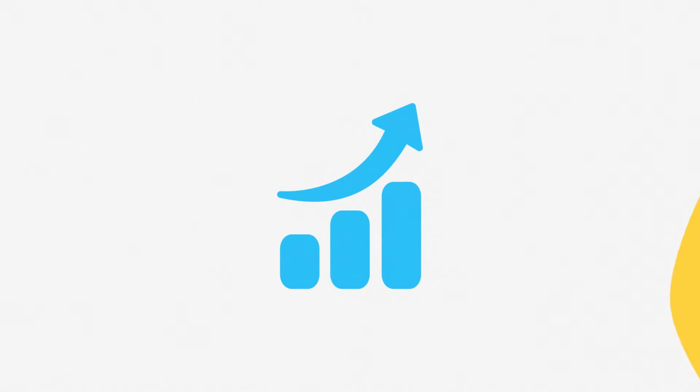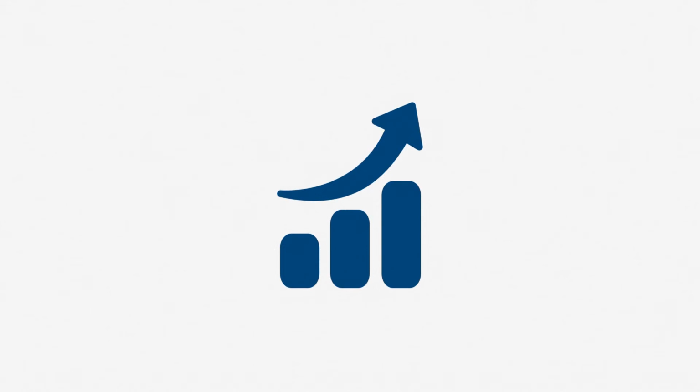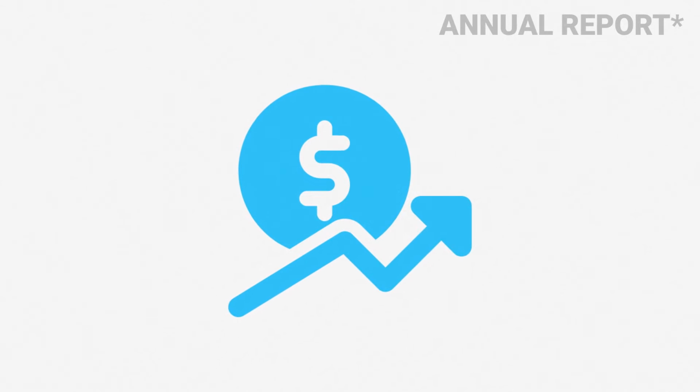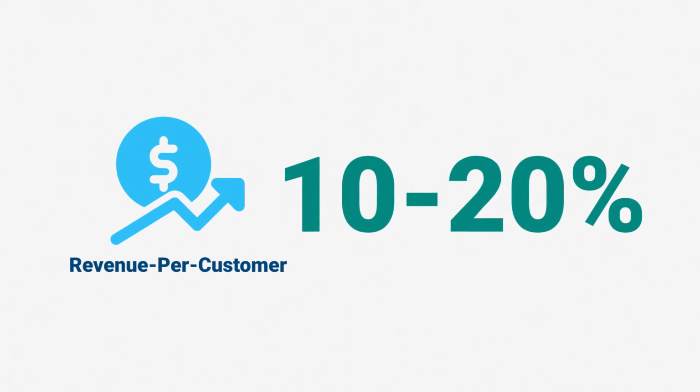And of course, we can combine these two simple rules to see these dramatic results. If we have an increase of our prices by 10% during peak season, as well as an increase, let's say by 5% for your weekend rates, which always sell out, that can increase overall in your annual revenue per customer, an increase of anywhere from 10 to 20%, simply from those two rules interacting together will lift your total